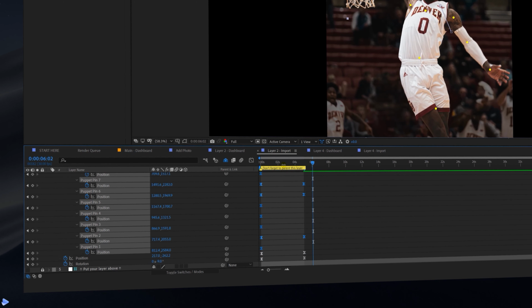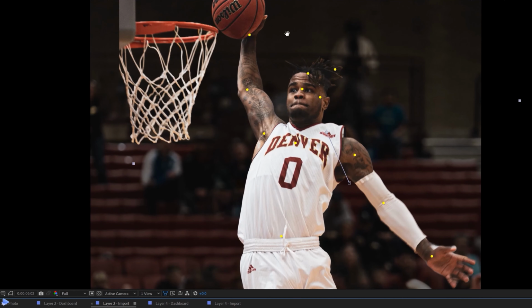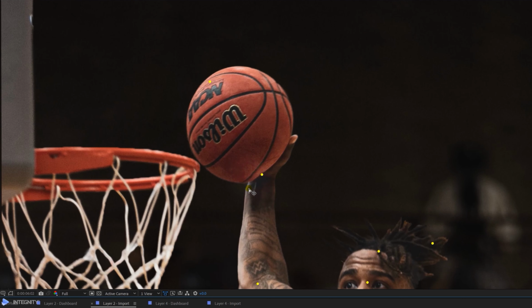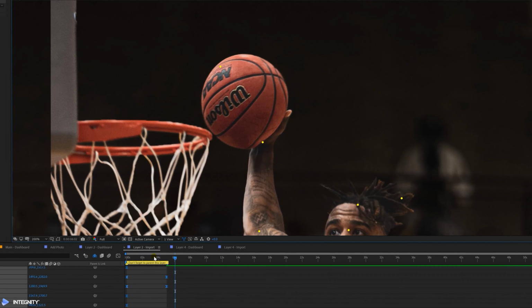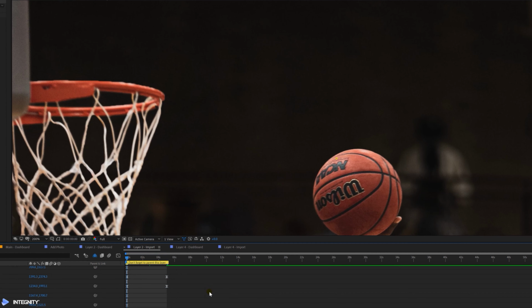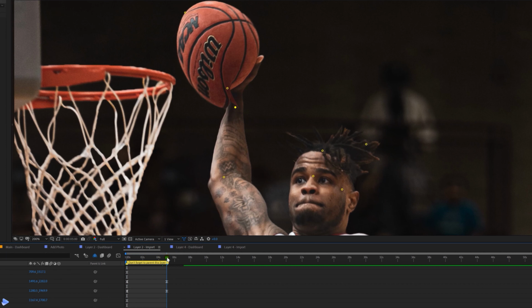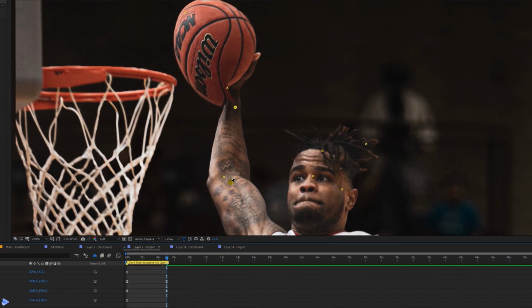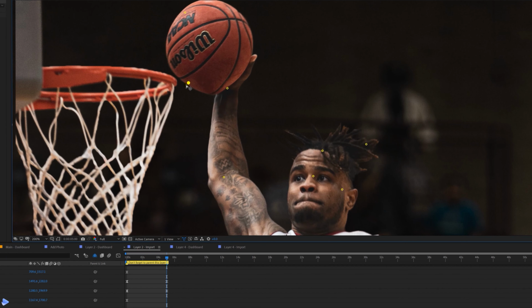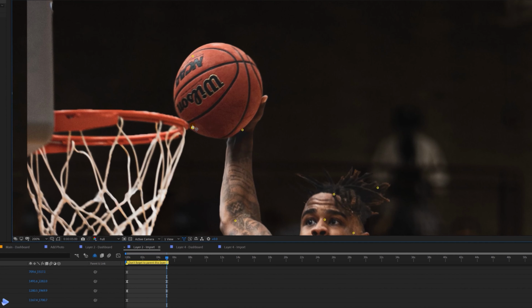Now you may have noticed that on the ball here that we're picking up a slight distortion on the end, and we'll need to fix that in order to make sure that it looks as immersive as possible. So at the beginning of the animation, just add a puppet point at the bottom side of the ball and then bring your time head to the 5 seconds point. You'll notice that it's not exactly ideal, but since this puppet point now exists, we have the opportunity to morph the ball back in its original position. So let's morph it so it looks a little bit better, but we can still see that even once we've done with the hand, the ball here, there's still a little bit of distortion, so it doesn't look exactly clean.